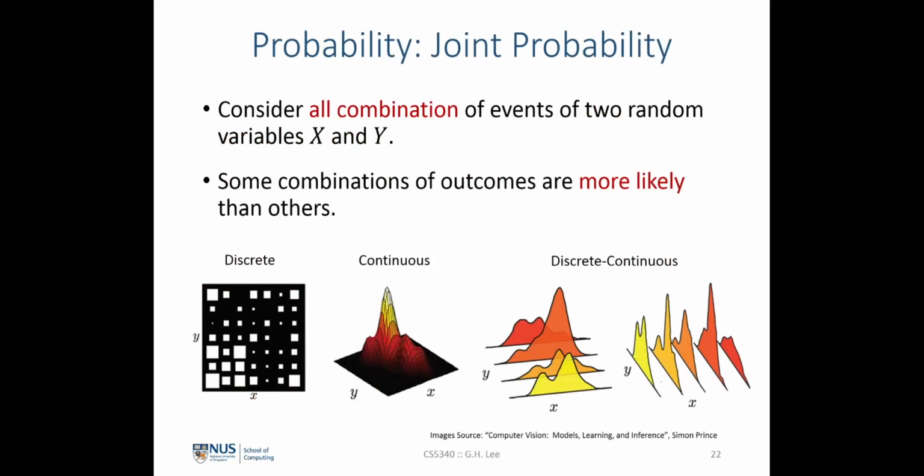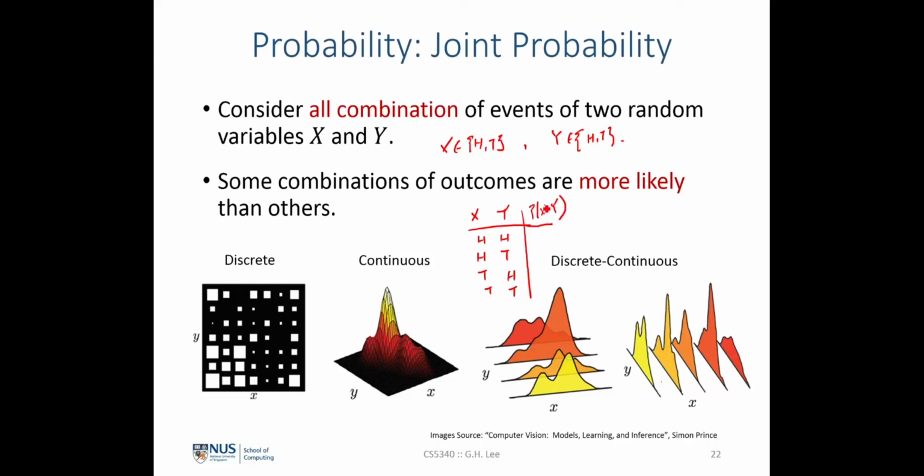So the definition of joint probability: suppose that we consider a combination of events of two random variables. For example, x is the flipping of a coin, which can either take a head or a tail, and y would be the flipping of another coin, which would also take head or tail. So now the joint event of x and y would be to flip the two coins together at the same time, and we can see all the outcome space of these two events would be either head head, head tail, tail head, or tail tail, and we can assign a certain probability to this joint distribution,